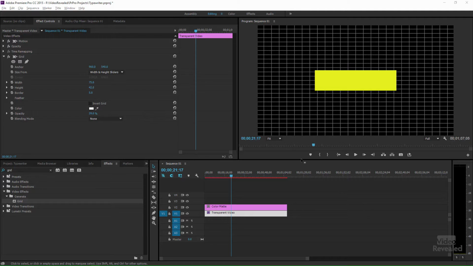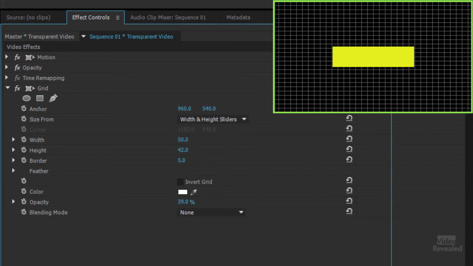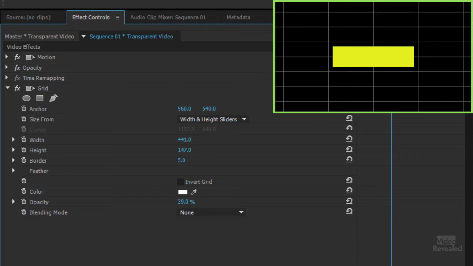Let's have a look. So let's say that I was trying to get this grid behind this yellow rectangle the same size as that rectangle, and I don't know the value, so I'm going to have to figure it out. So on the left-hand side, here's my grid settings, and I'm choosing the width and height sliders. If I change the width here, I can get pretty close, but when I get there, then I might be moving this around a little bit too much. So I'm going to get close, and then I will use my hot text on top of this. Same here with the